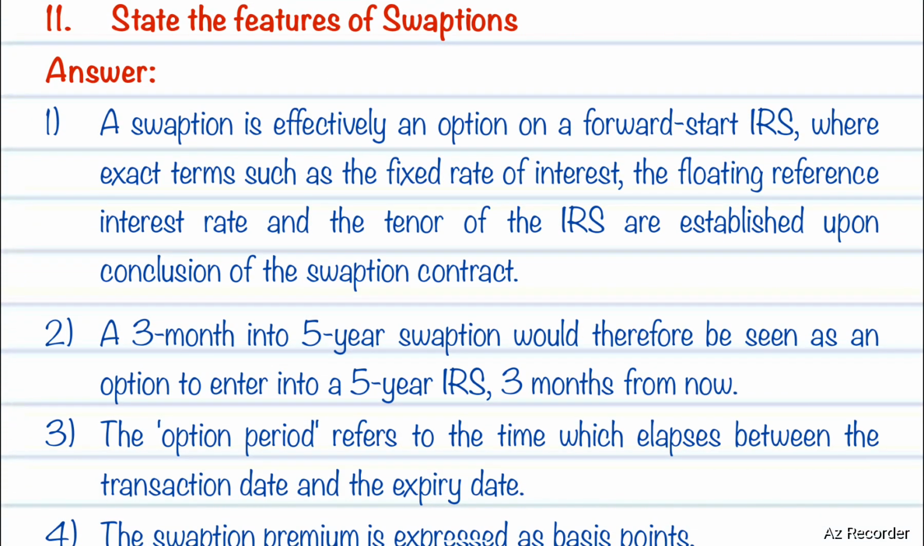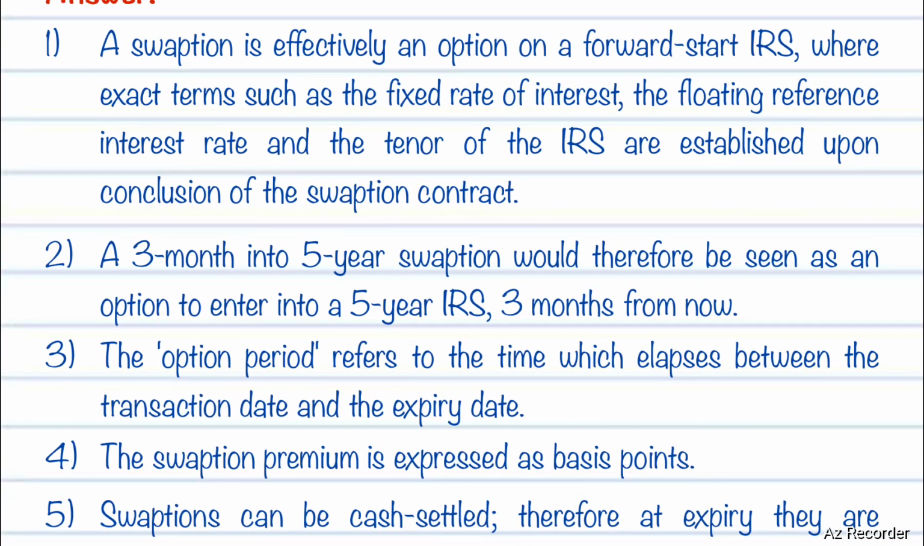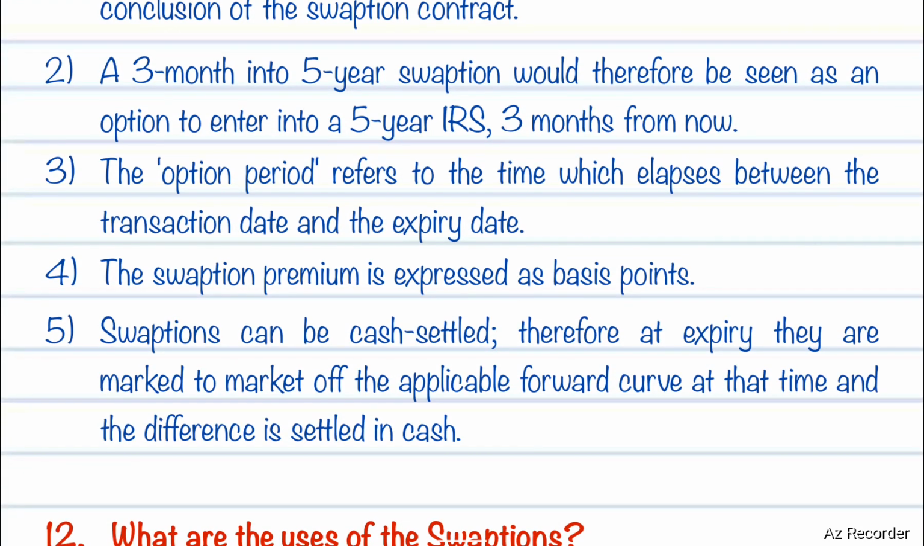What are the features of swaptions? A swaption is effectively an option on a forward start IRS where exact terms such as the fixed rate of interest, the floating reference interest rate, and the tenure of the IRS are established upon conclusion of the swaption contract. A 3-month into 5-year swaption would therefore be seen as an option to enter into a 5-year interest rate swap